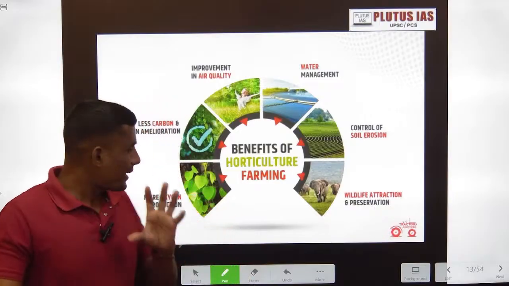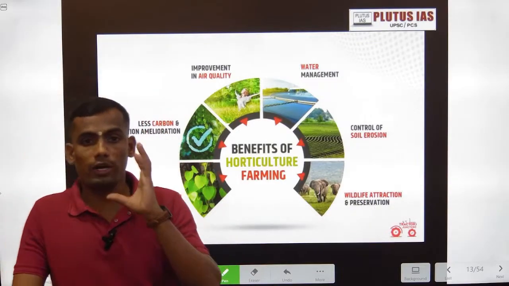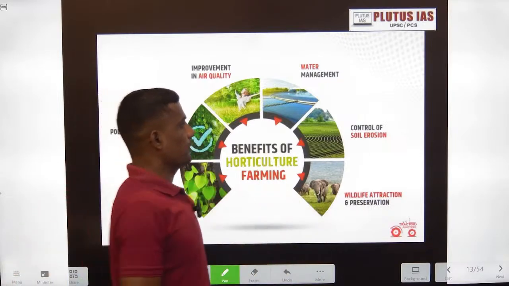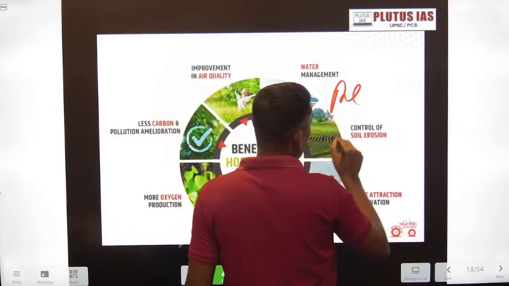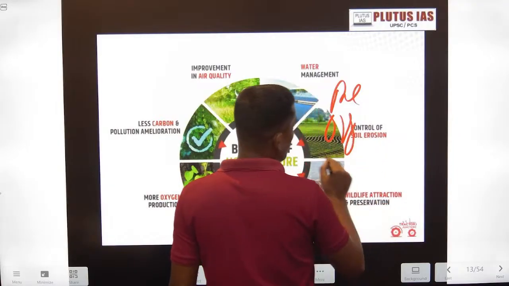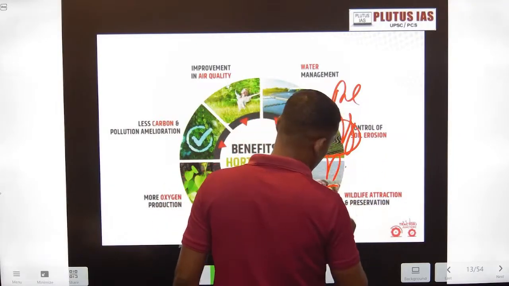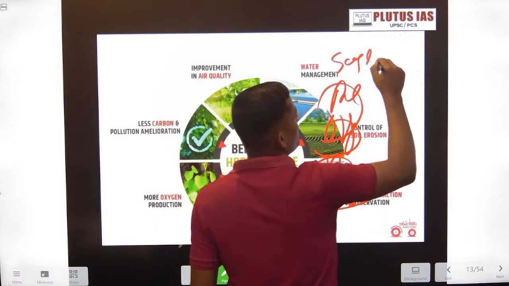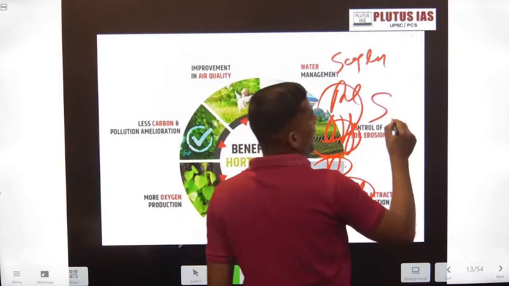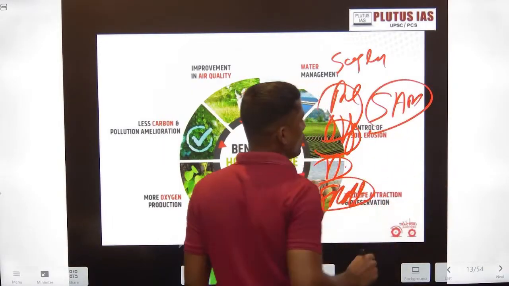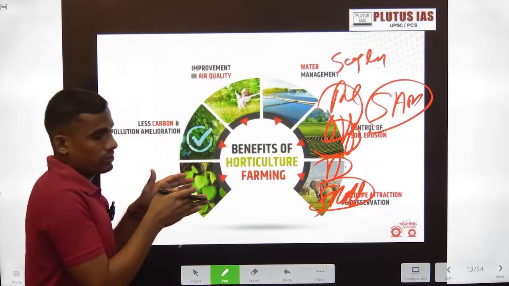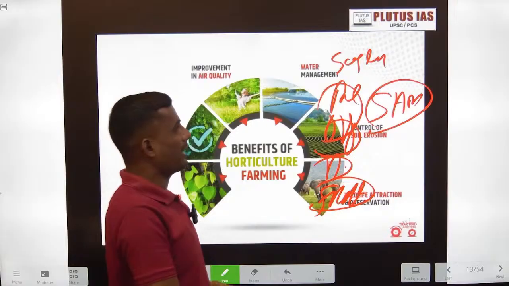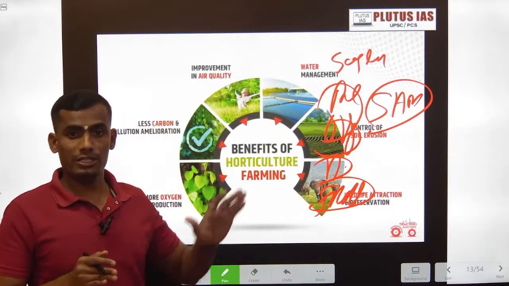Before that, what exactly is the importance of horticulture farming for ecology, because we have precision farming, organic farming, digital farming, smart farming, and this is the need of the sustainable agriculture mission. The government of India has launched the Sustainable Agriculture Mission, and in sustainable agriculture, horticulture is becoming important. And why exactly the ecological importance of horticulture is this one.